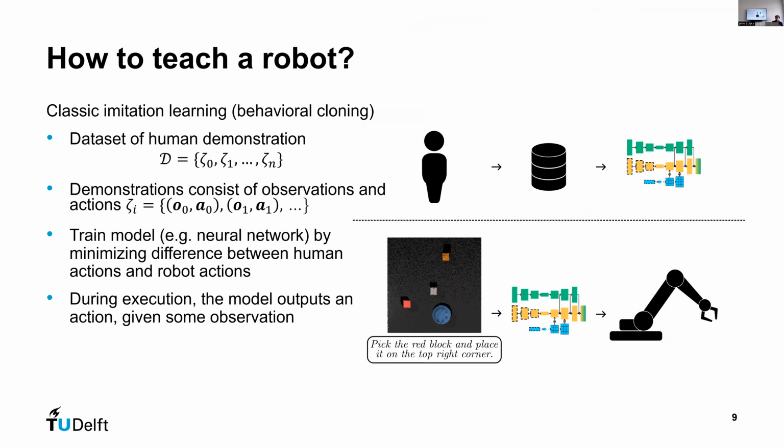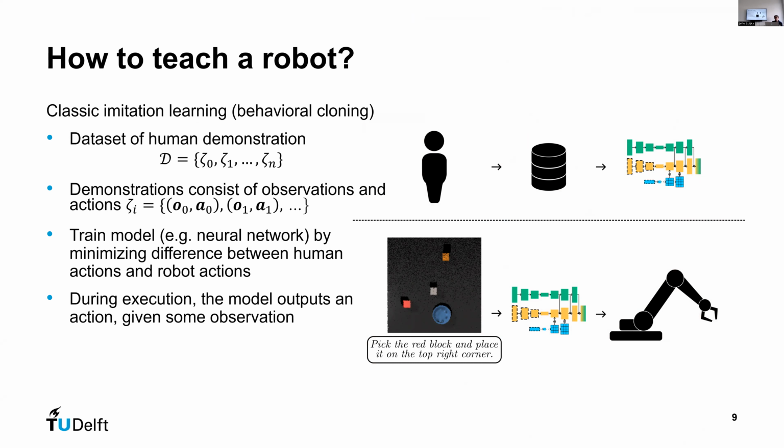And that's almost similar to supervised learning, where we collect a data set of human demonstrations, where each demonstration consists of a trajectory. And each trajectory then again consists of observations and corresponding actions. So basically, given a certain state or observation, there's an action related to that, what the human did there. And then we try to train a model. Perhaps some of you are already very familiar with this, but I'll introduce it briefly anyways.